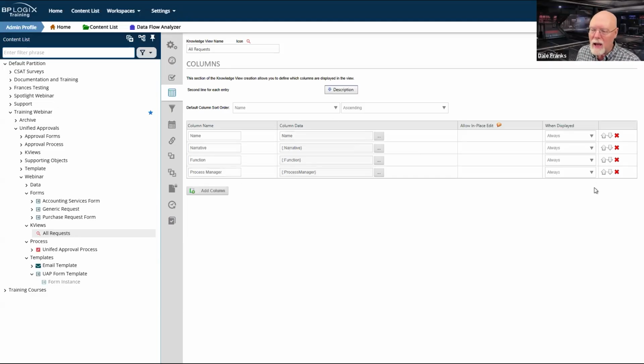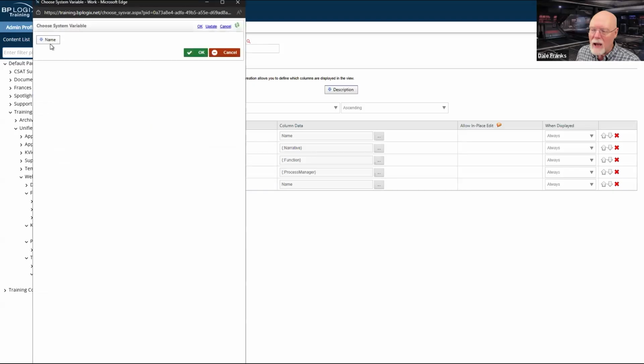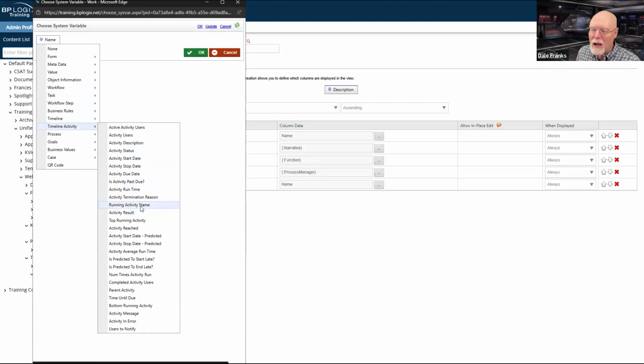For example, if we add a column, running activity and time activity run.